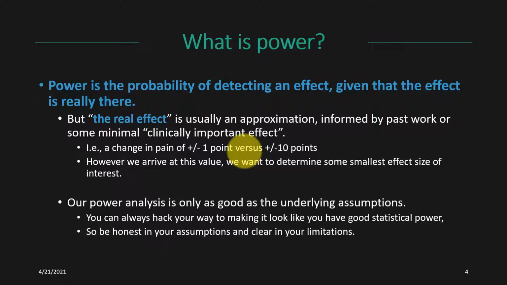If there's past research that says in this population a clinically meaningful change is 5 points, then I know I need to be able to detect at least a change of 5 points, because anything less than that maybe isn't worth the additional time and energy trying to collect anyway. So whatever way you ultimately arrive at this estimate, there's going to be some kind of smallest effect size of interest that you're trying to determine. And you're going to assume that this is representative then of the smallest real effect you might be interested in